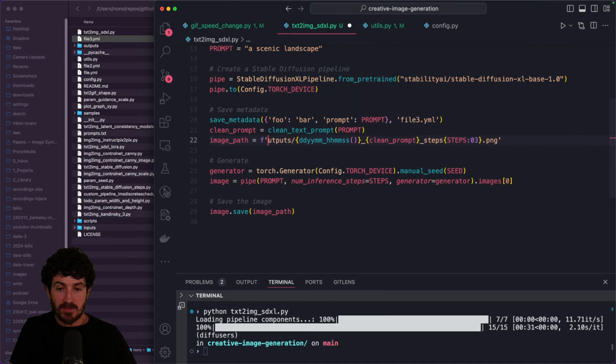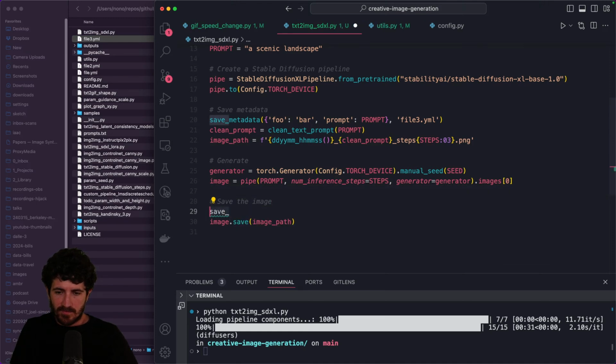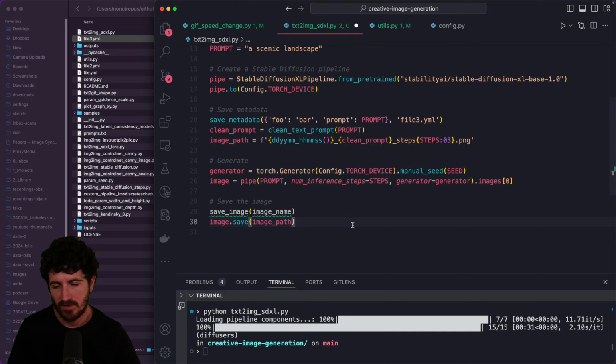Image name is actually just this. I think that would be too much, but why not make it even easier? So save the image, we'll put the image name, and we can,